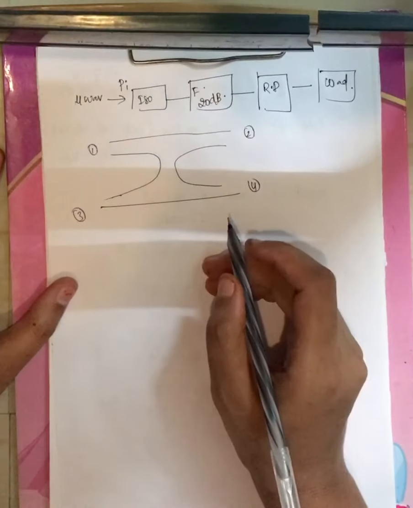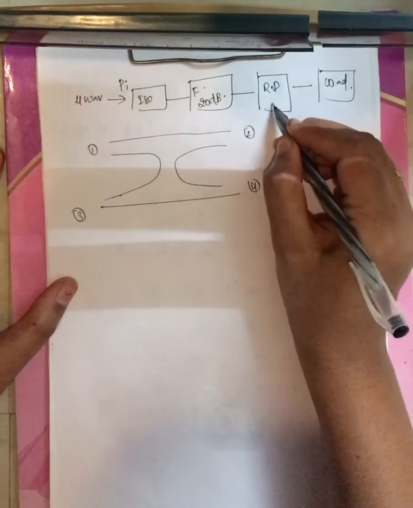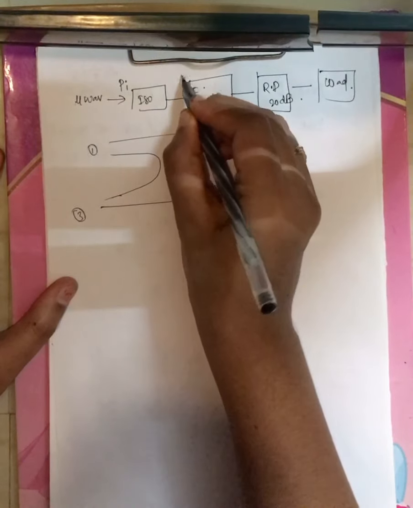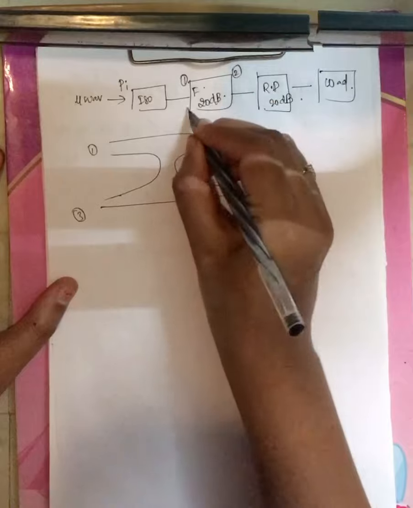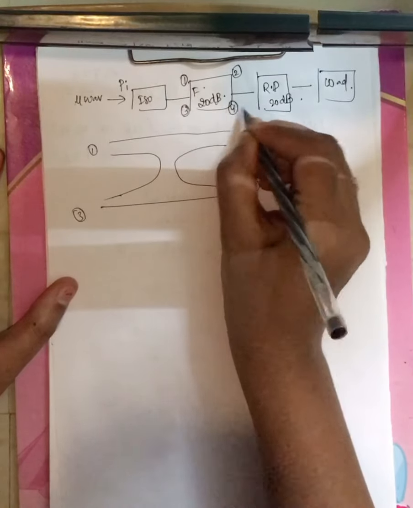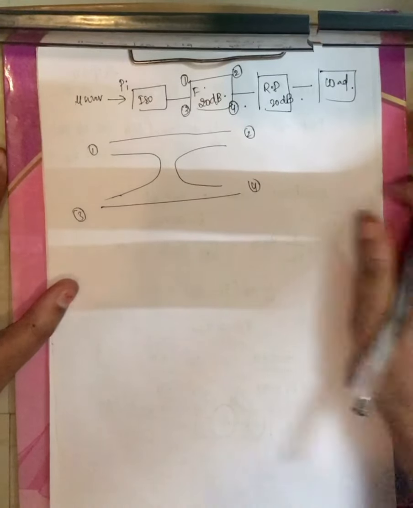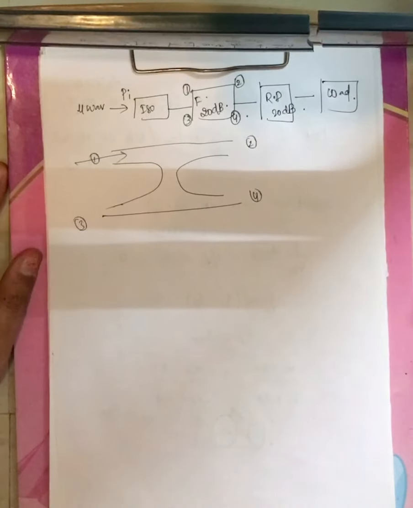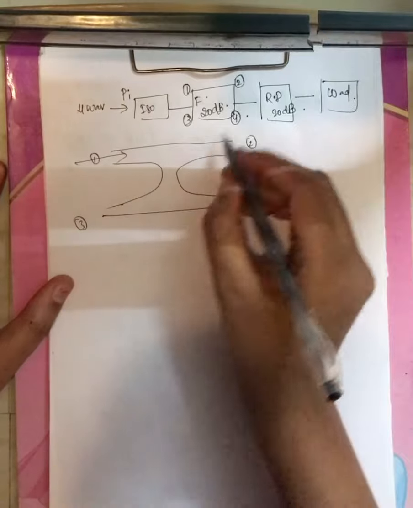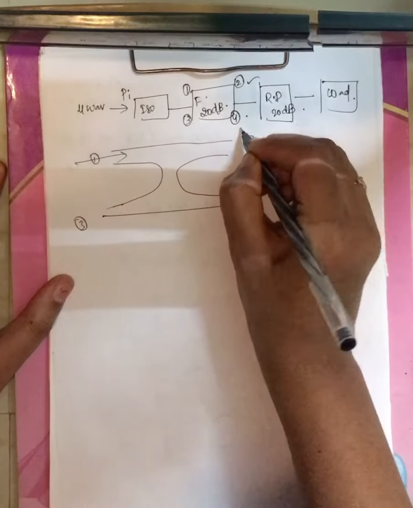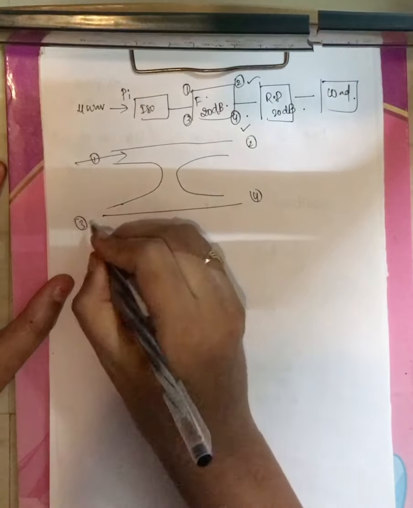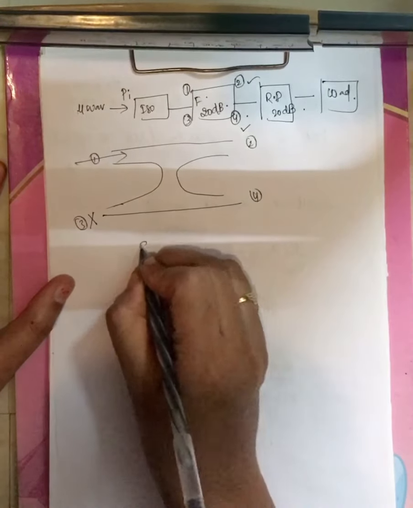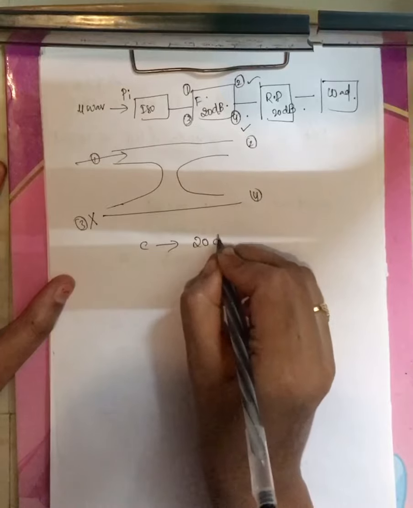Now we have to find out the output of the forward directional coupler, and this is also given a coupling of 20 dB, right? Here you'll have port 1, port 2, port 3 and port 4. Now input you are giving from port 1. Now where will you get output? Output is collected at port 2 and also at port 4, but through port 3 you won't get any output, right? Now coupling is given as 20 dB, right?